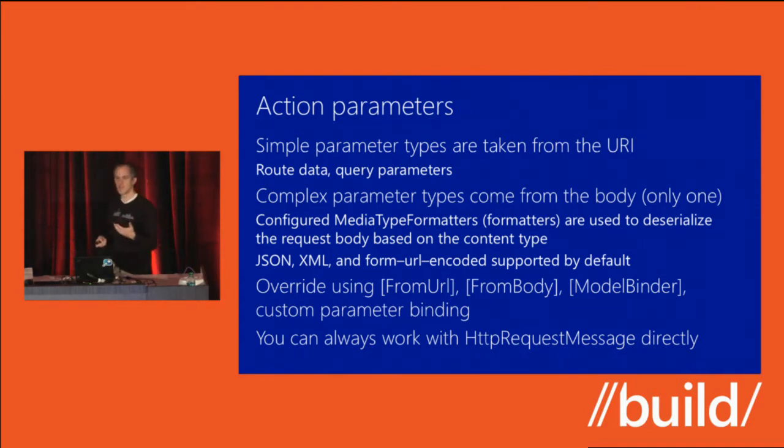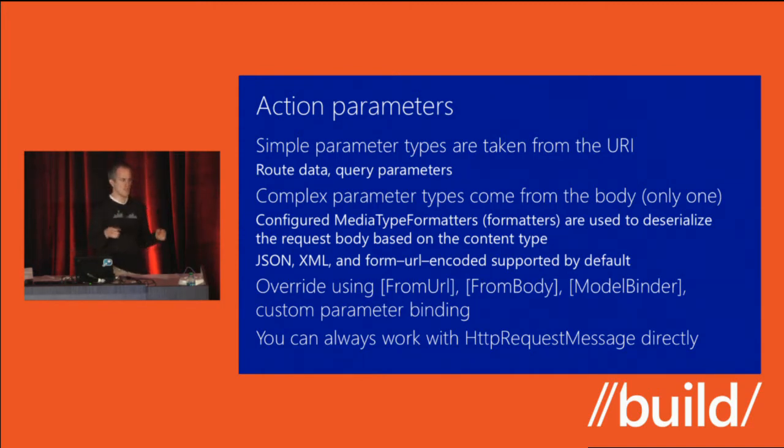We provide you media type formatters out of the box for XML, for JSON, and for form URL encoded data on the inbound path when we're reading the data. We don't support writing form URL encoded data because that's not usually what you're doing with form URL encoded data on the wire. Those formatters will plug in automatically into HTTP content negotiation. So we'll look at the content type, and we'll pick the right one.